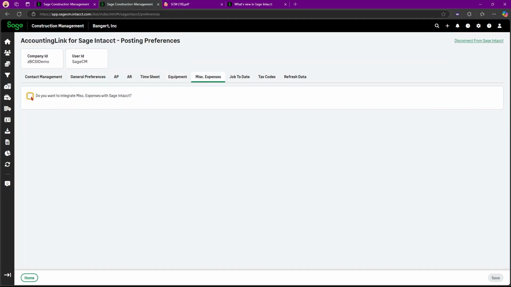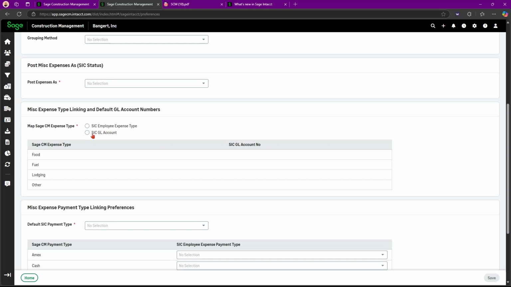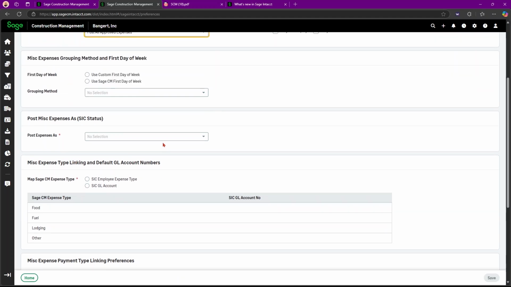Then lastly, in miscellaneous expenses, you can do your filter criteria, and you can do the pay employee, pay vendor. Here you have the mapping, which you will default the GL account numbers and the miscellaneous expense type. You can link those to.